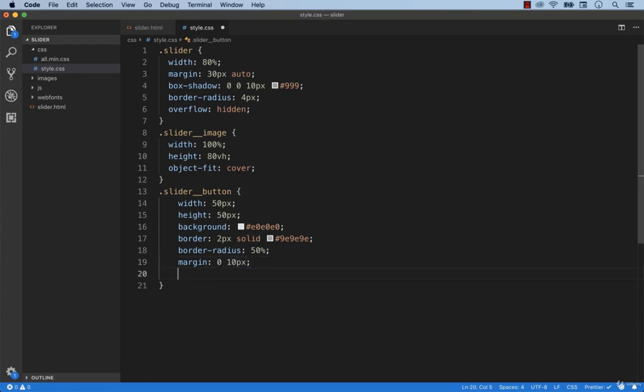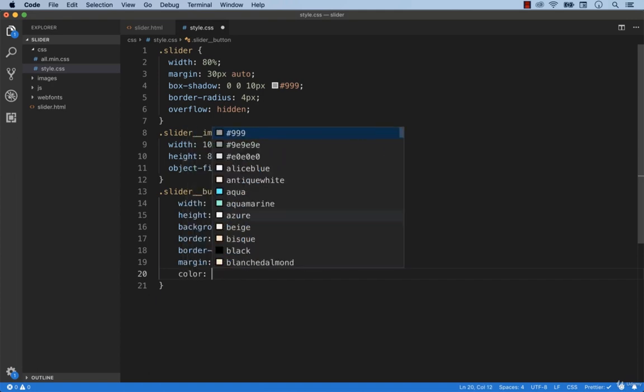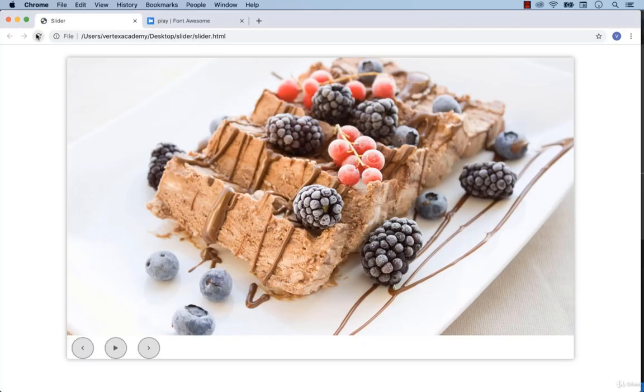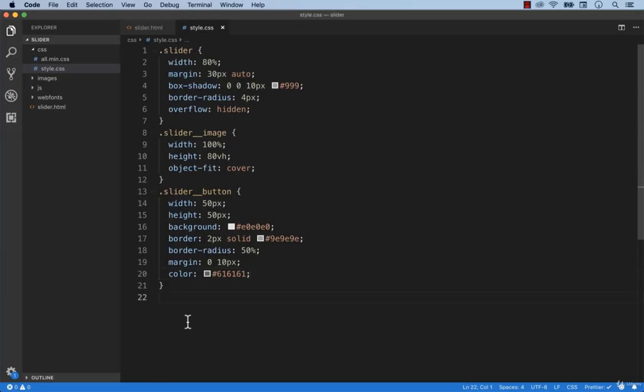Finally, let's specify the color of the icons. For example, 616161. OK, save and refresh the page. Great! The buttons look much nicer. So now we're going to center the buttons and add some padding at the top and bottom. OK, for the class slider controls,